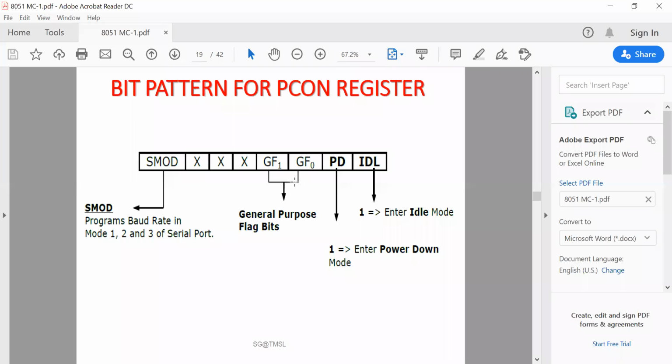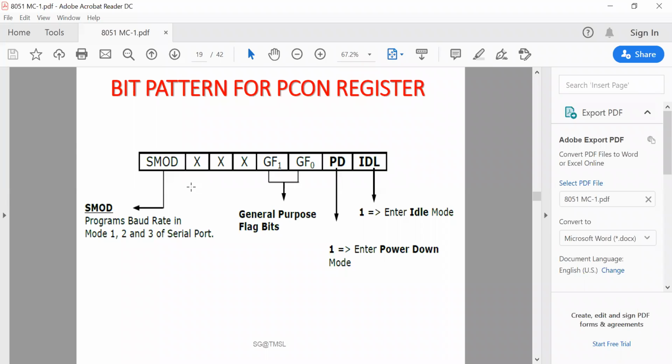If the second bit is 1, it goes into power down mode. The next two bits are general purpose flag bits, which can be used to store certain data, meaning the status of any flag. The next three bits are not used, so usually these are 0. And SMOD is used for serial communication mode selection.